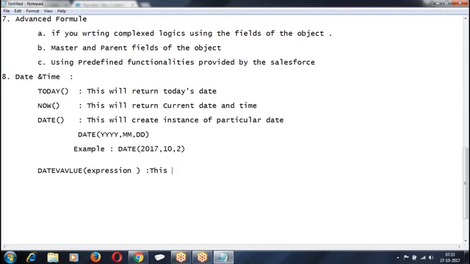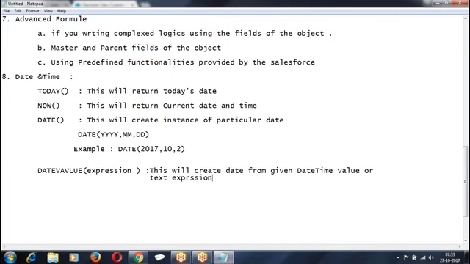This will create a date from a given date time value or text expression. If I give date and time, it will convert it to a date.